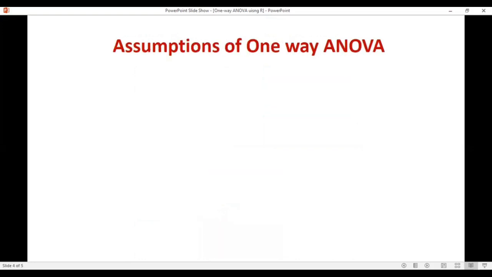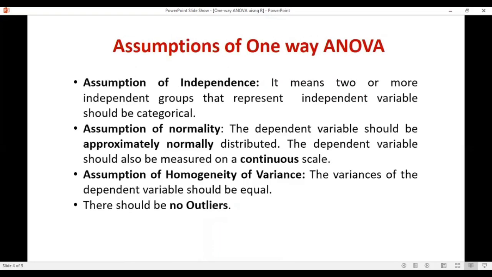Now, the assumptions of one-way ANOVA. The first one is the assumption of independence. It means two or more independent groups that represent the independent variable should be categorical. The second assumption is normality: the dependent variable should be approximately normally distributed and measured on a continuous scale.